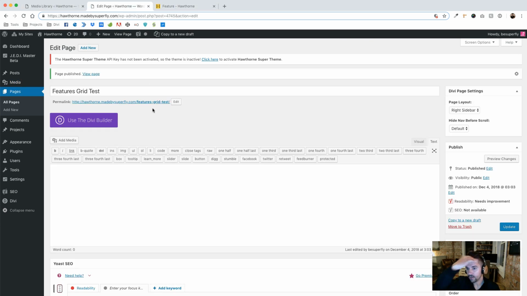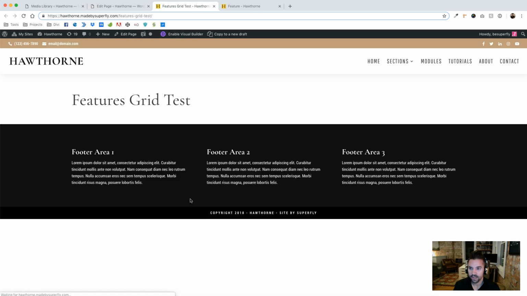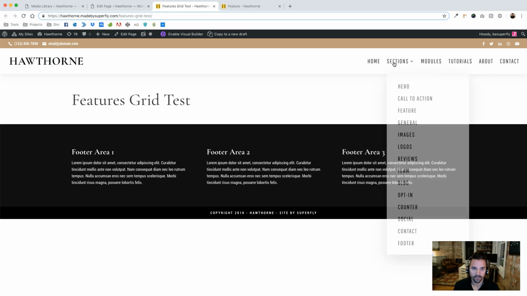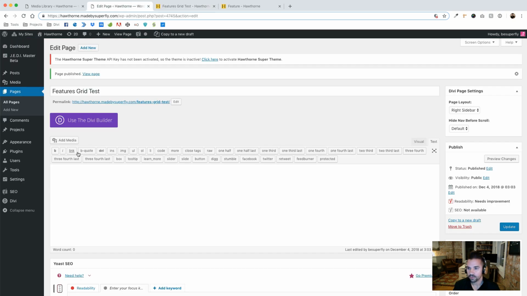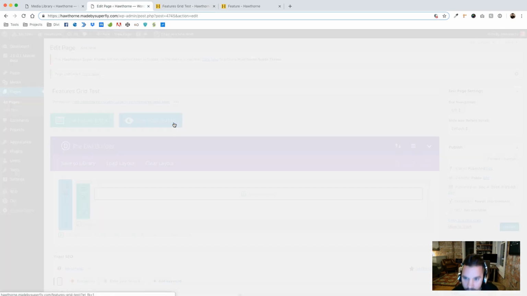And then we're going to go to our page. We're going to open it in a new tab. And it's just going to have our default thing, right? And so now I'm going to use the Divi builder, use the visual builder,